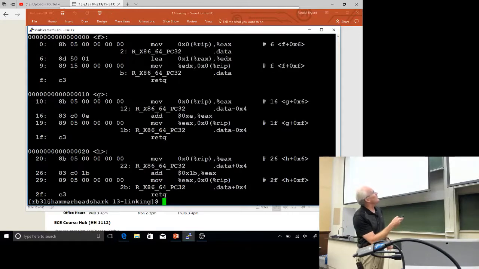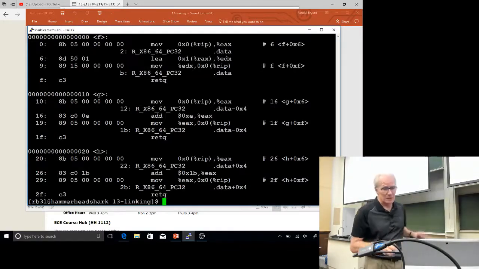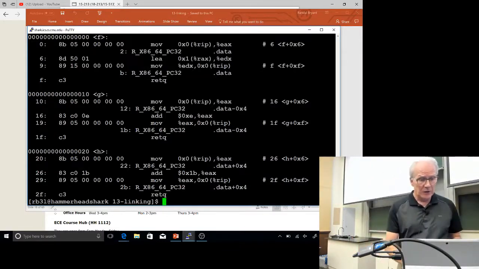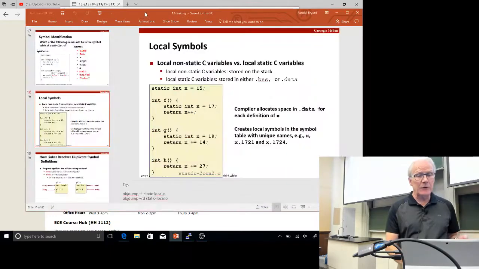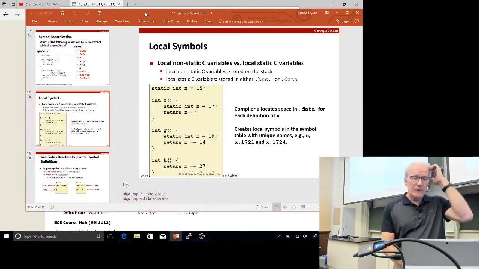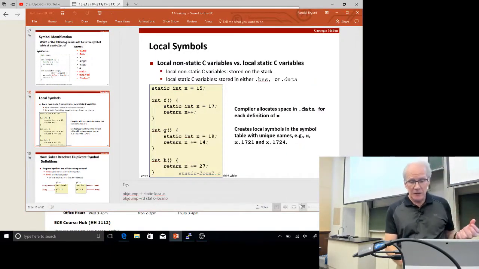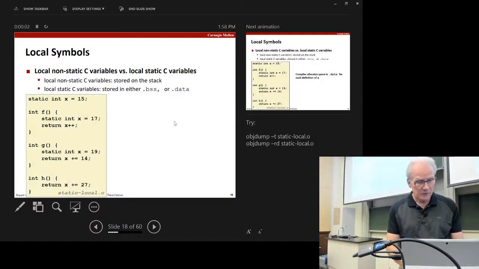If I look at the, yeah, it's kind of messy to figure it out. But you'll see that somehow all 3 of these functions need to have some relocation information provided to them, without going into the details there. So the point is, even if you declare a variable as static,